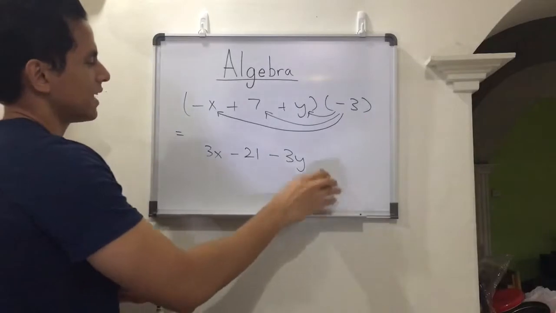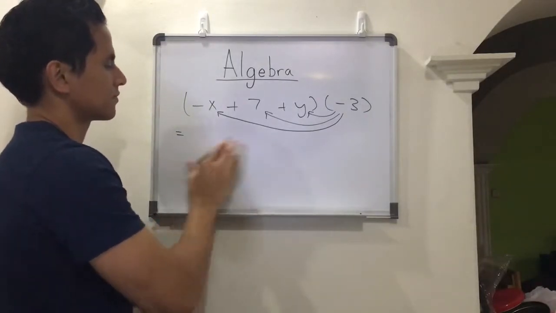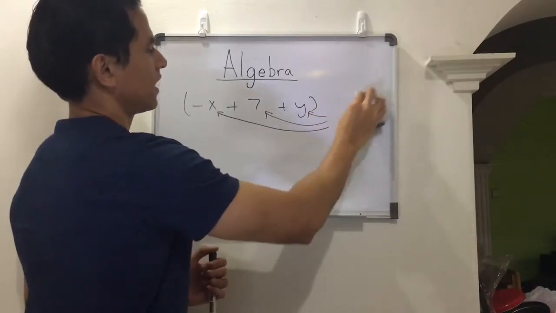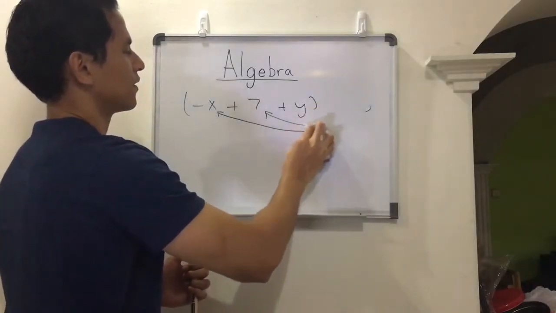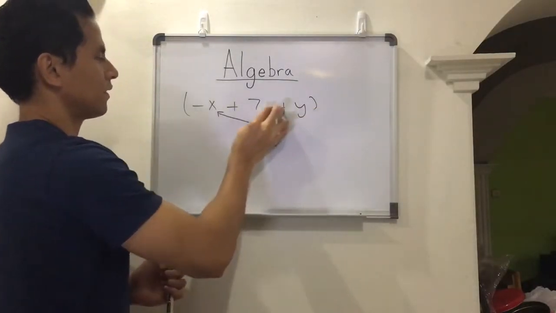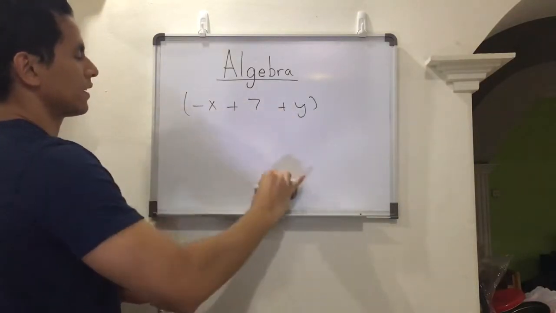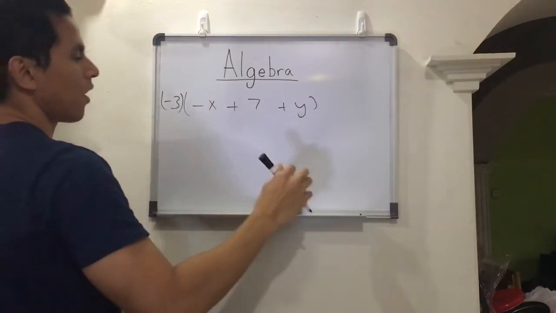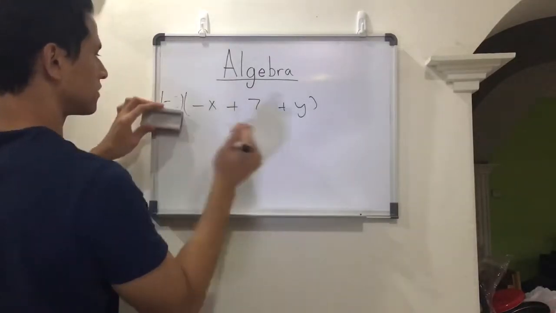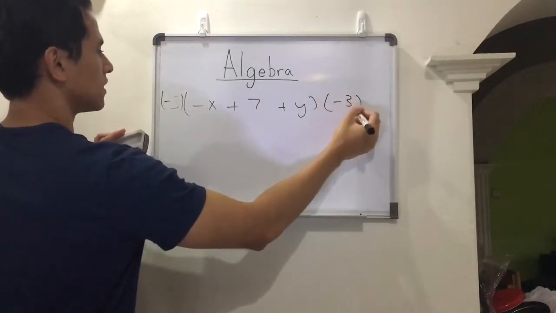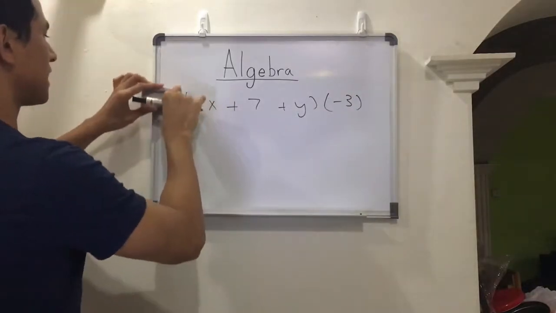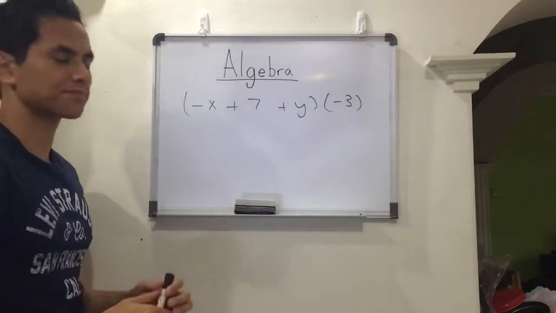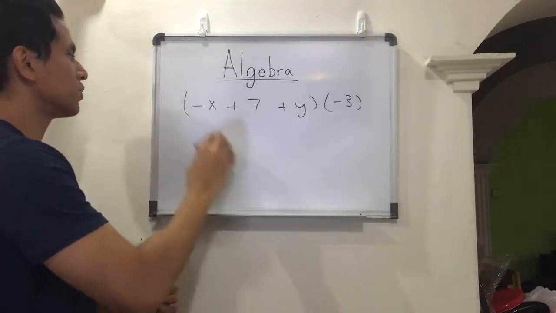One thing to take note of is that, as I said earlier, even if the negative 3 was here, or here, we would have gotten the same answer. So please take note of that and don't get confused. Okay, so moving on,